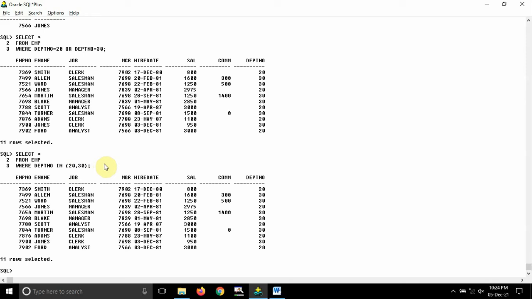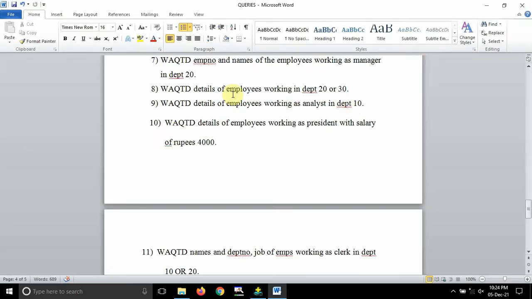So I will write clear SCR once again and clear the screen. Okay, so I think we have solved the 8th one. Okay, 9th one, guys. Now